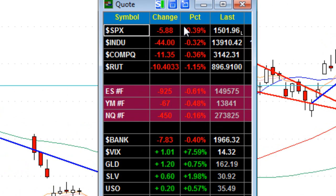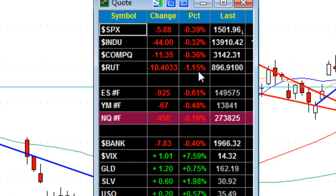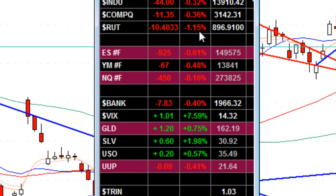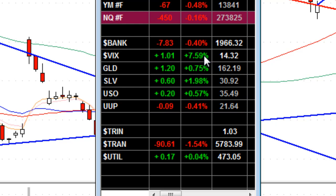Markets are in the red. We had the S&P down 0.4%, the Dow down 0.3%, Nasdaq down 0.36%, Russell's down a whopping 1.15%, banks off by 0.4%. Volatility index, the fear indicator, the VIX, spiking higher, 7.6%, now over 14. Commodities are up. We have gold up 0.75%, silver up nearly 2%, crude oil up 0.6%, and the dollar looks